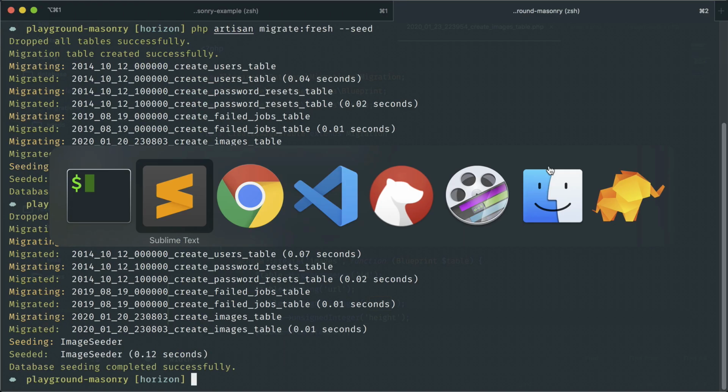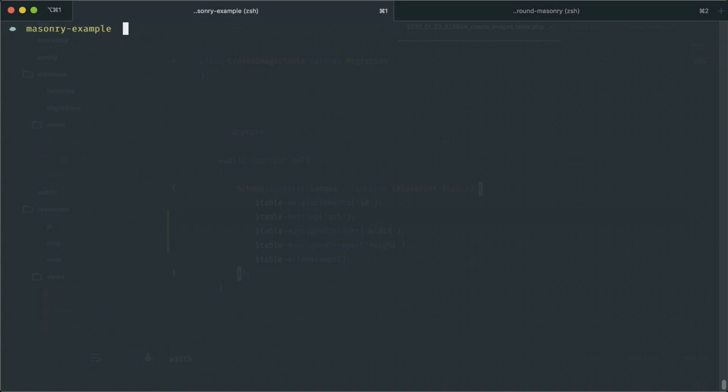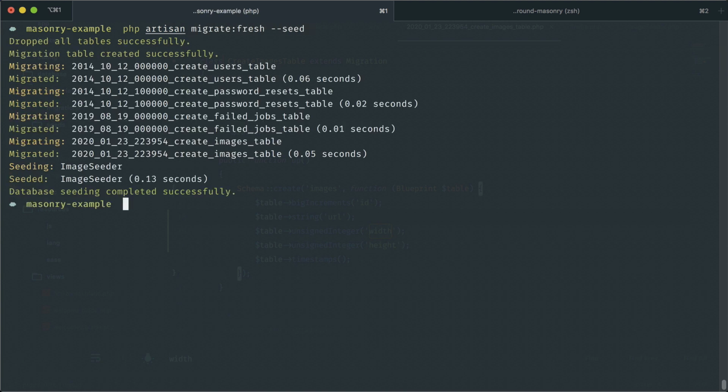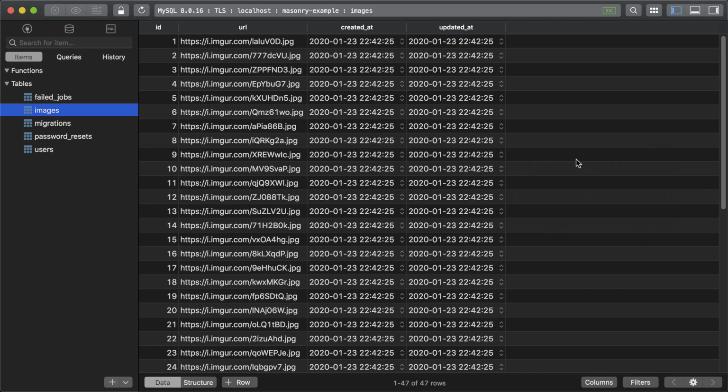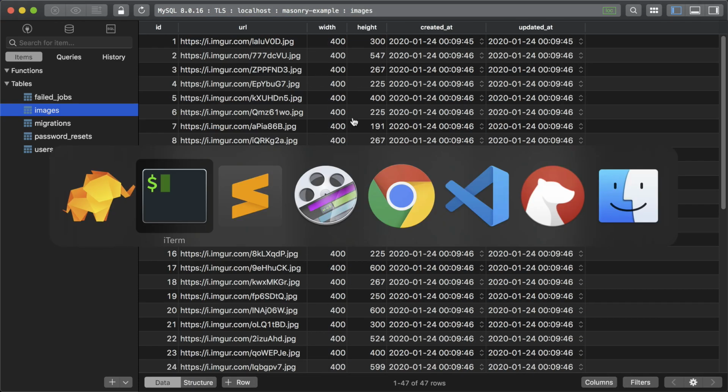Okay, and let's check our database. Sorry, I was in the wrong project. Let's try that again. PHP artisan migrate:fresh --seed. Okay, and let's check the database. And now we have the width and the height. Cool. So now let's go into our